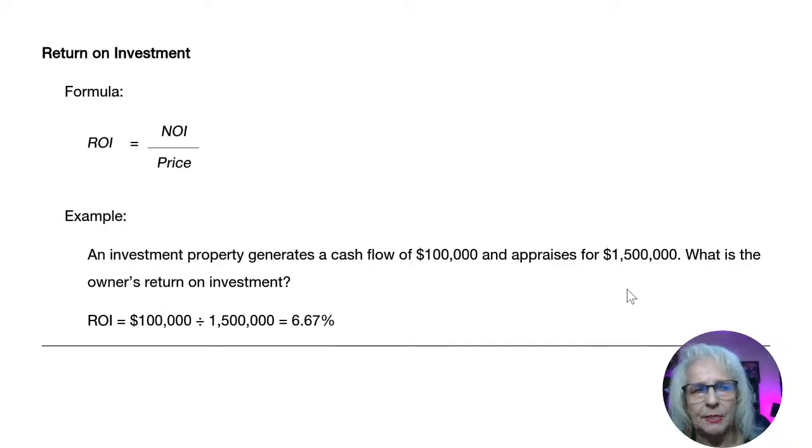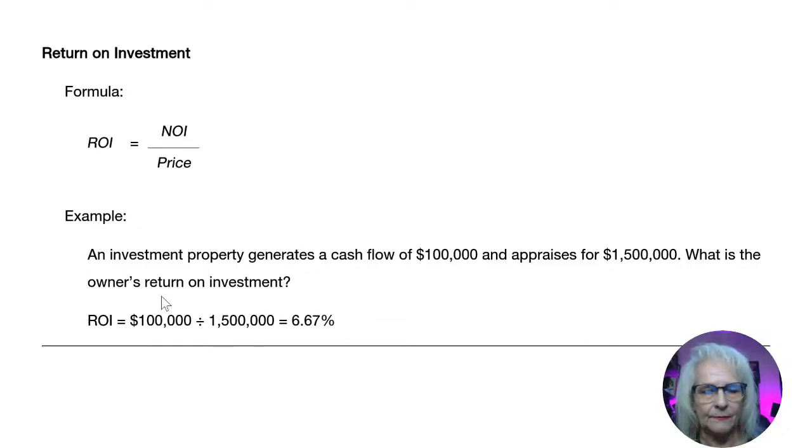So it appraises currently at $1,500,000 and it has a cash flow of $100,000. What is the owner's return on investment? So we're taking the current value divided into the profit, the cash flow of 100,000. So 100,000 divided by 1.5 million equals a percentage, the ROI,